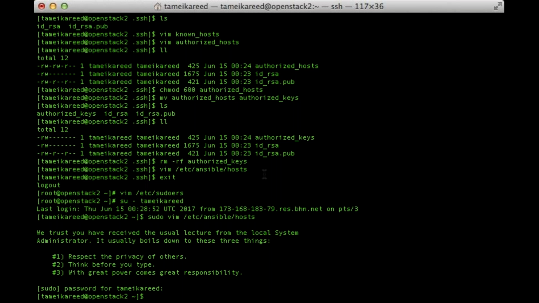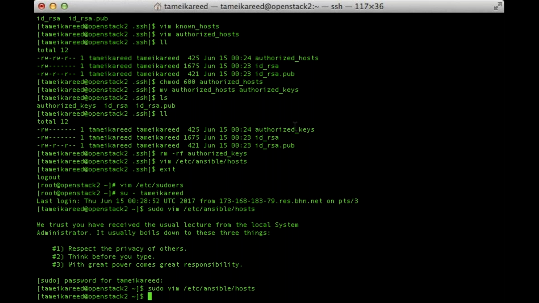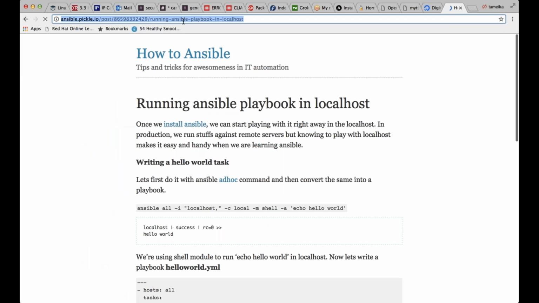There are other things we could do, like we can go and say, okay, what I did was I added localhost here. So we can get commands about Ansible as a localhost. And let me pull that up for you. Let me show you this. All right, so as you can see here,